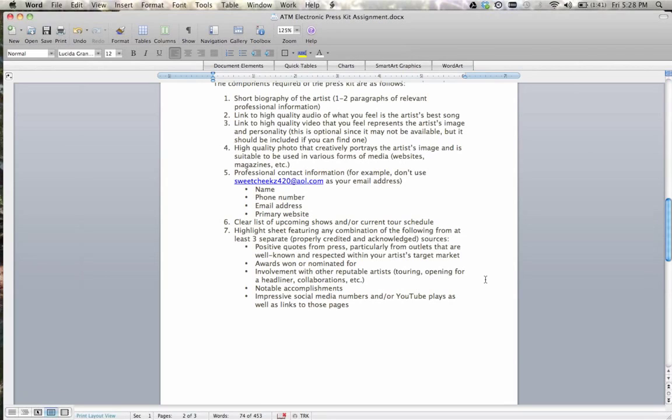Name, phone number, email address, the artist's primary website, whatever their primary website is. Or if you have a personal website, that's fine too. Clear list of upcoming shows and or current tour schedule. You include a list like that so that